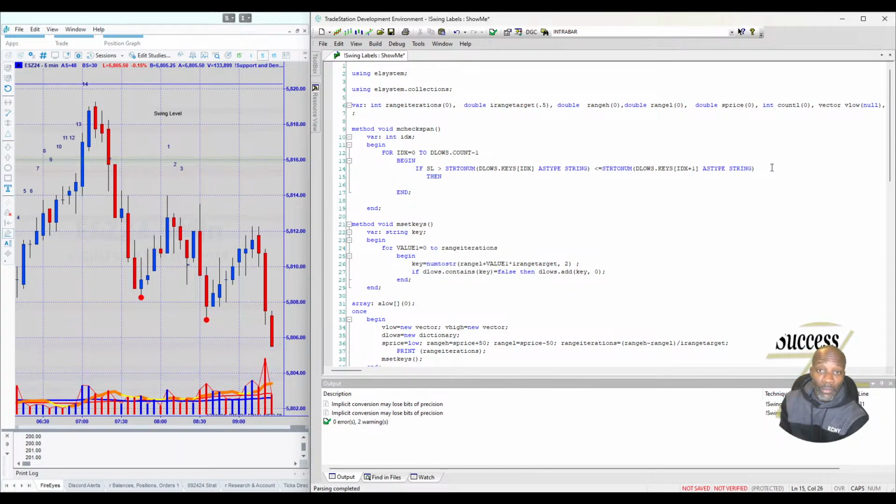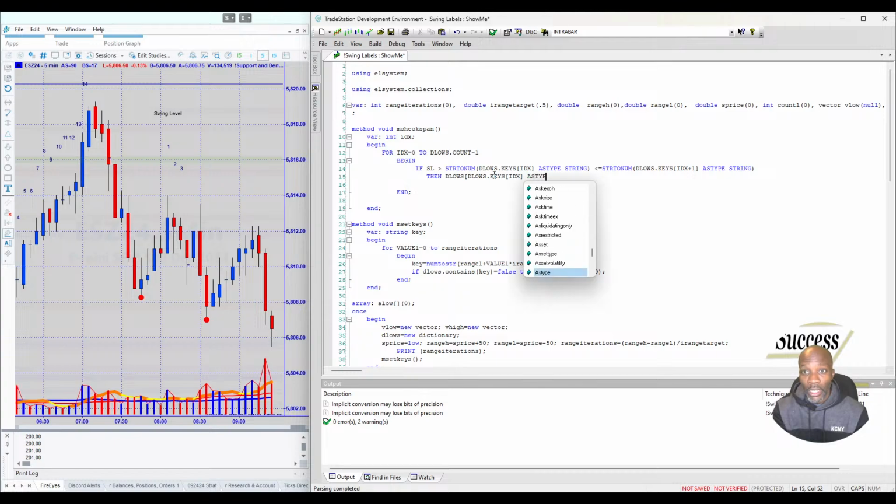where do we assign the swing low count to? Because we have an interval. We have a price at the top, we have a price at the bottom. Where do we assign the swing to? Do we assign it to the bottom one or the top one? Well, we're doing lows, so I'm going to assign it to the bottom one. Then the dictionary at that swing low, that bottom one, this index here, dlows dot that key as type string, that key,